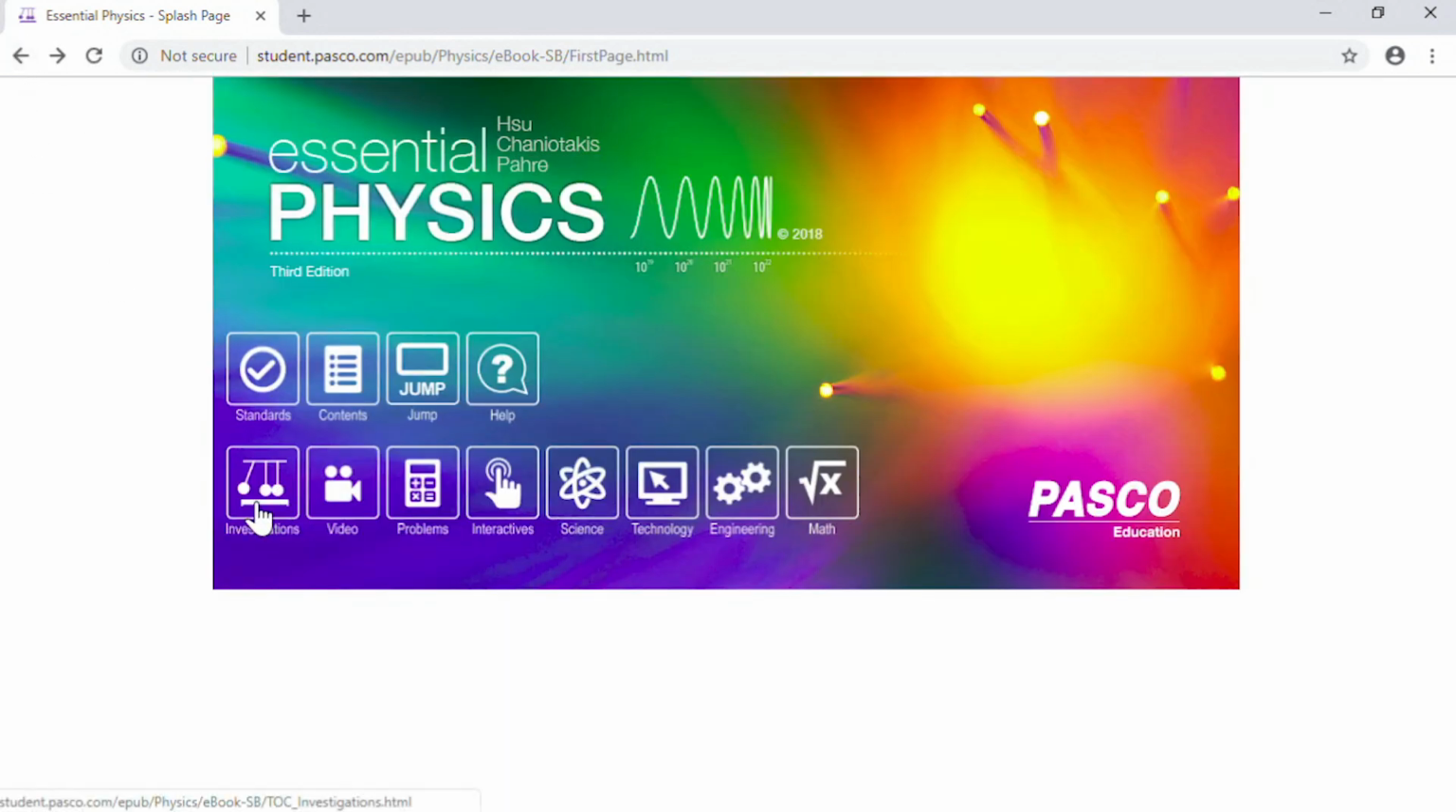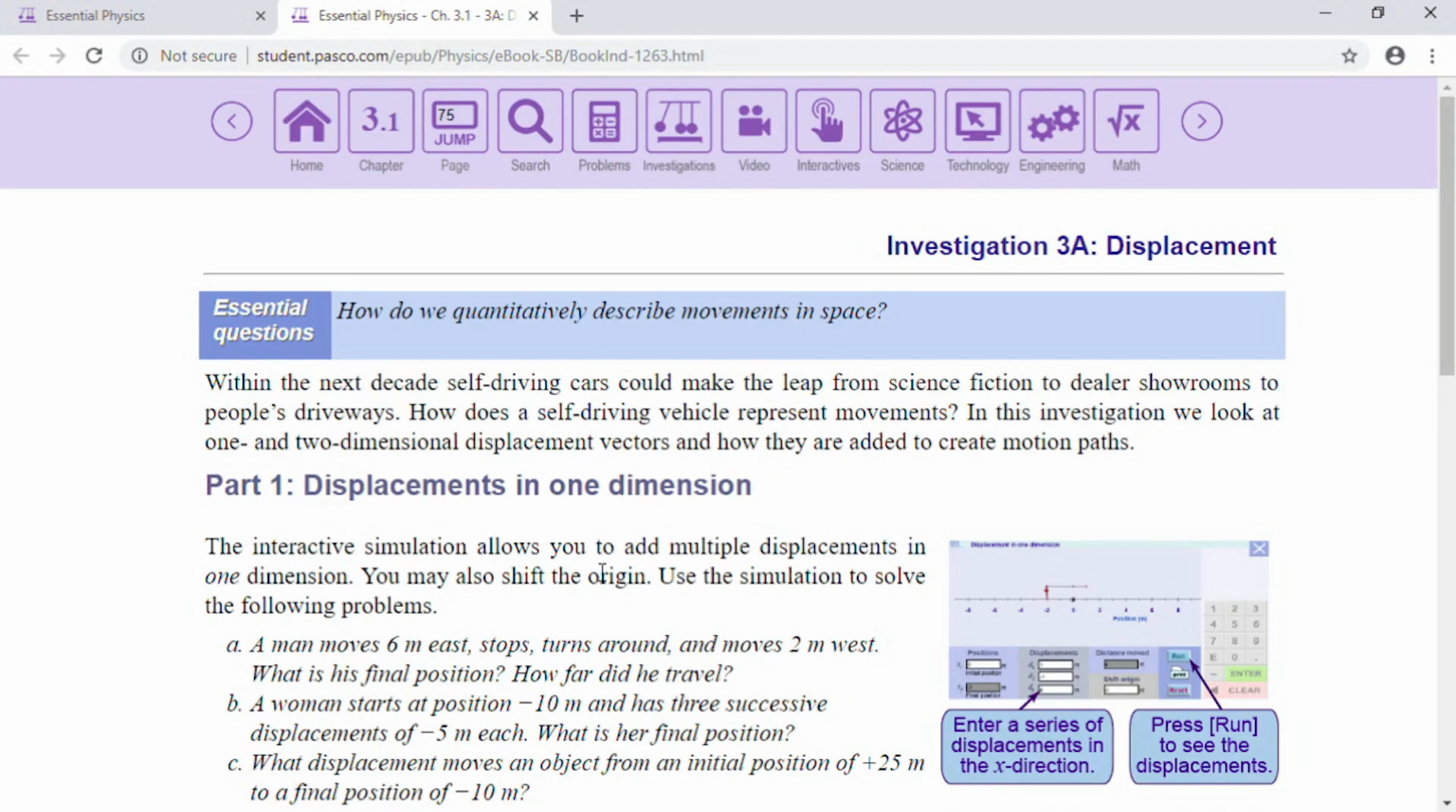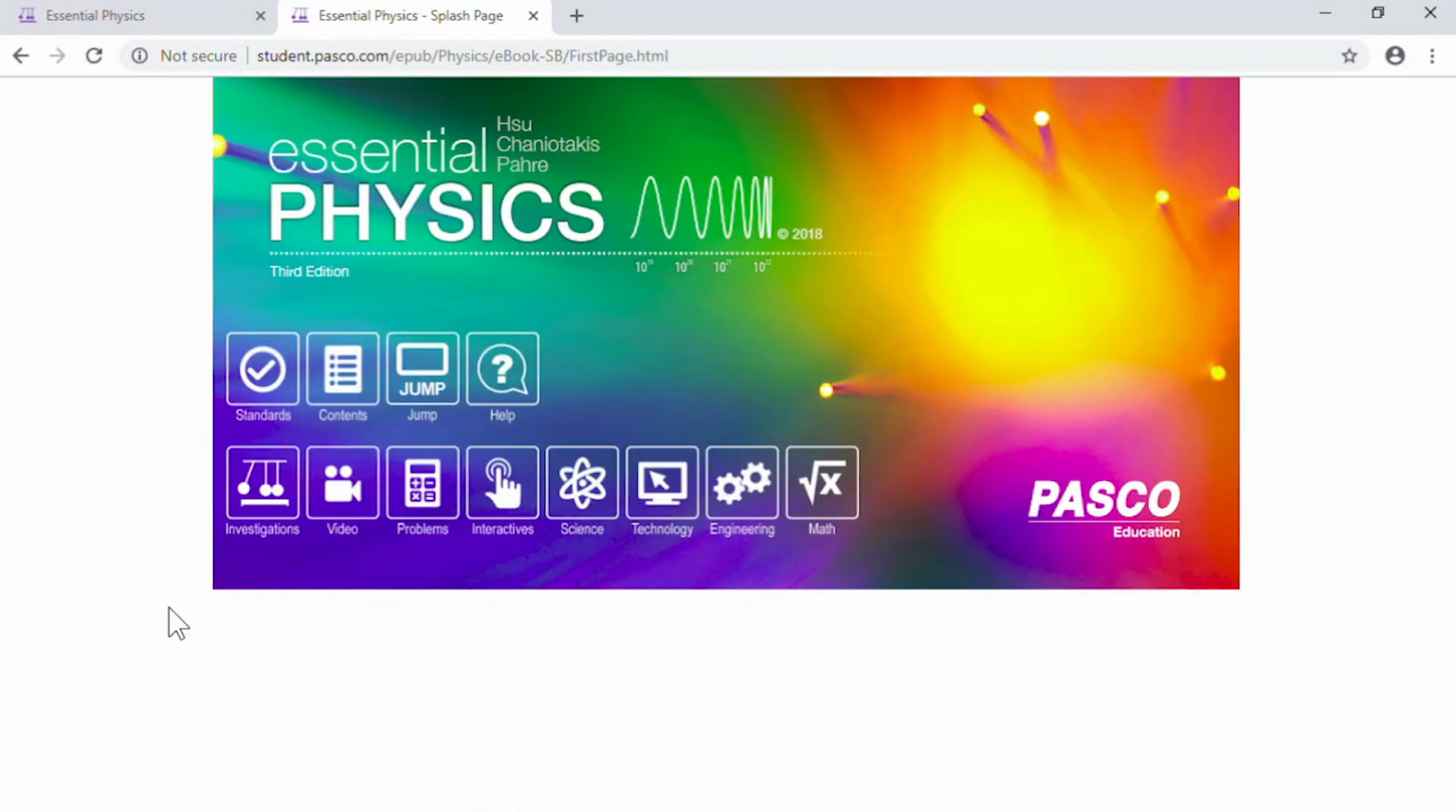The Investigations button opens a list with links to every lab investigation in the entire ebook, broken down by chapter. Clicking any of these links will take you to the page that lab investigation is on. The next three buttons behave the same, listing all of the videos, review problems, and interactives throughout the entire ebook